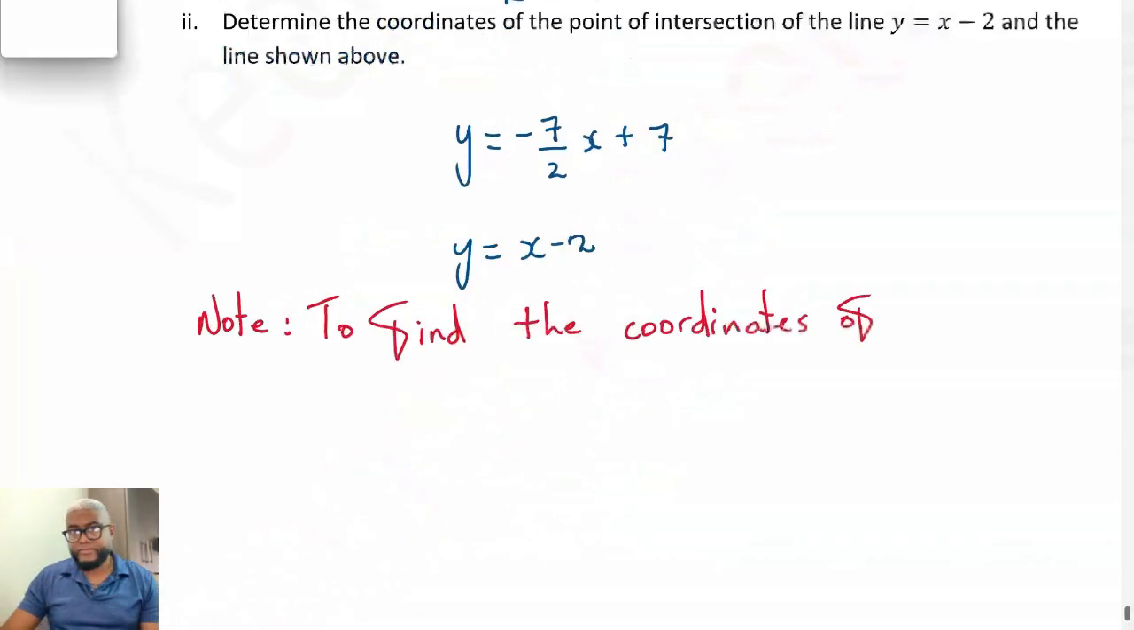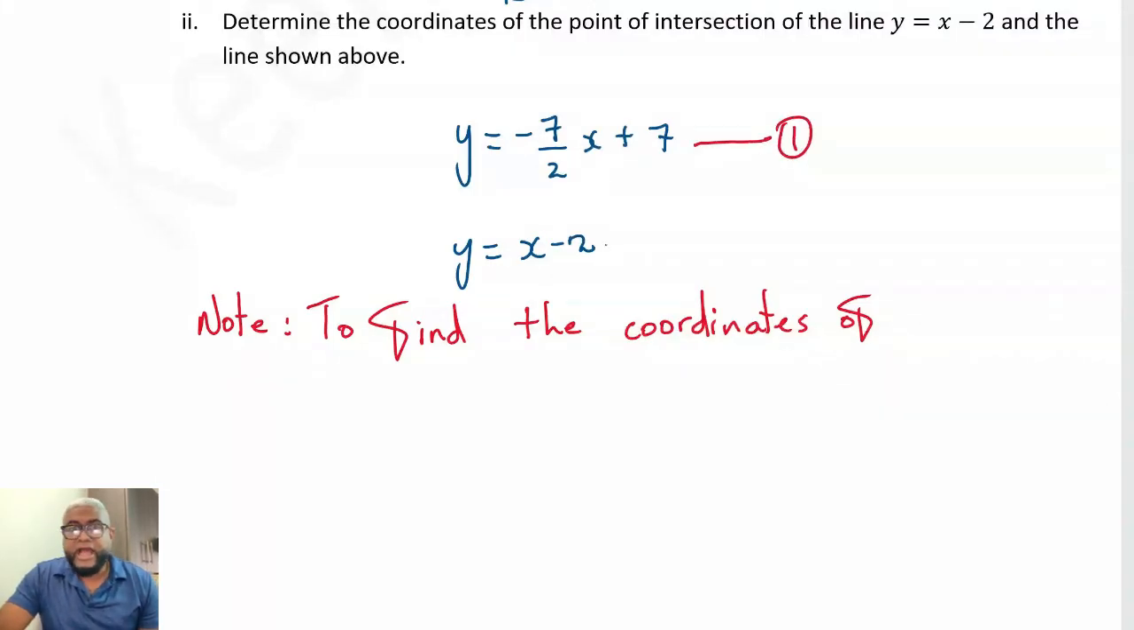Those who have to write. Okay, so we have determined the coordinates of the point of intersection of the line y is equal to x minus 2 and the line shown above. The equation of the first line was y is equal to -7 over 2 x plus 7. This is equation 1. And the second equation is y is equal to x minus 2. This is equation 2, right? So to find the coordinates of the point